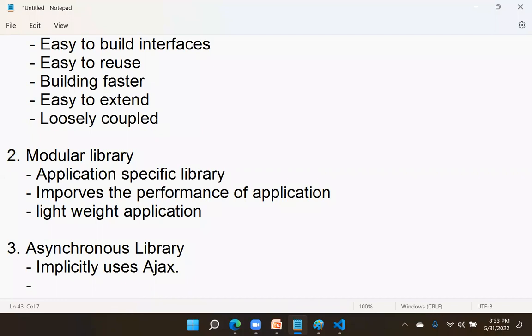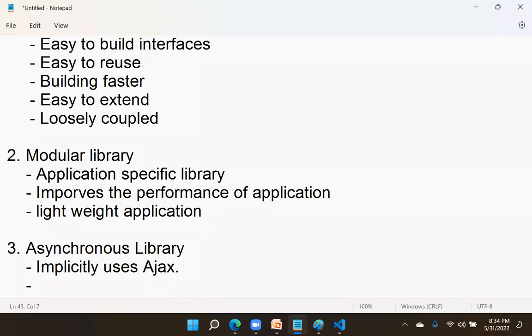That means React itself is asynchronous. It is using an asynchronous library. That means implicitly it is using Ajax for various interactions. So there is no concept like you have to learn Ajax here. Here everything is a library, built with asynchronous.